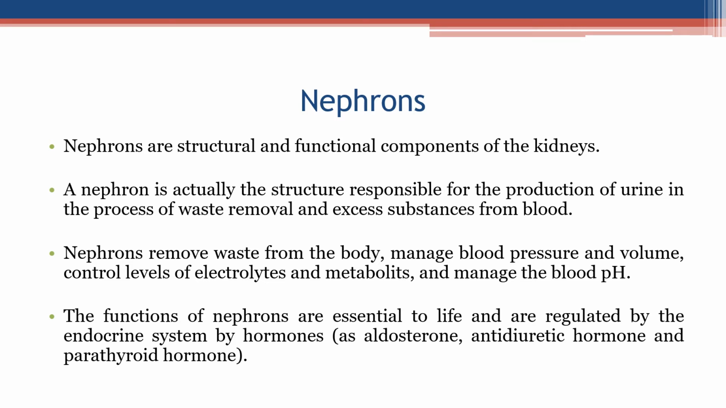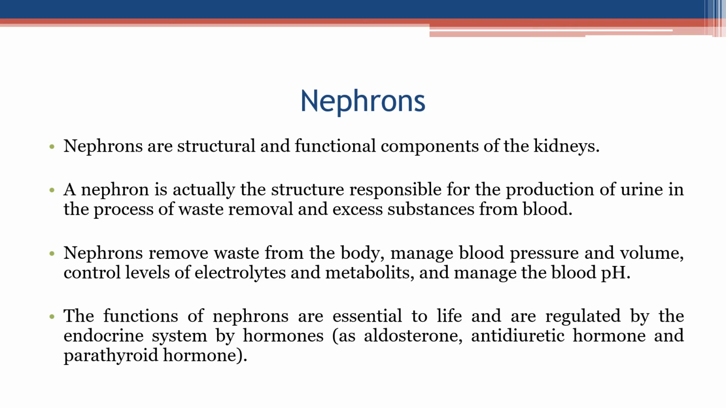Nephrons. Nephrons are structural and functional components of the kidneys. A nephron is actually the structure responsible for the production of urine in the process of waste removal and excess substances from the blood. Nephrons remove waste from the body, manage blood pressure and volume, control levels of electrolytes and metabolites, and manage the blood pH. The functions of nephrons are essential to life and are regulated by the endocrine system by hormones, such as aldosterone, antidiuretic